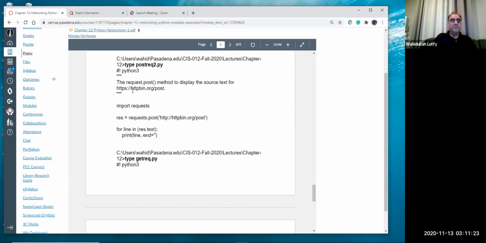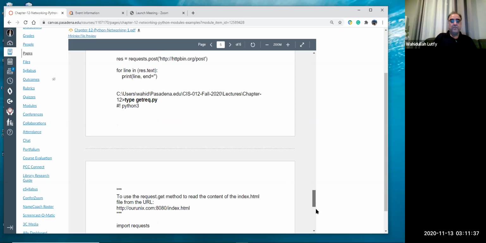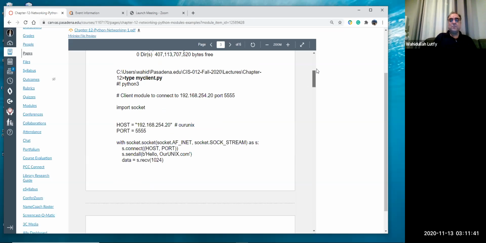Like here, I'm connecting to http://bin.org, because this post directory has to be in the path in order to work for your post request method. So this is one of the documentation,